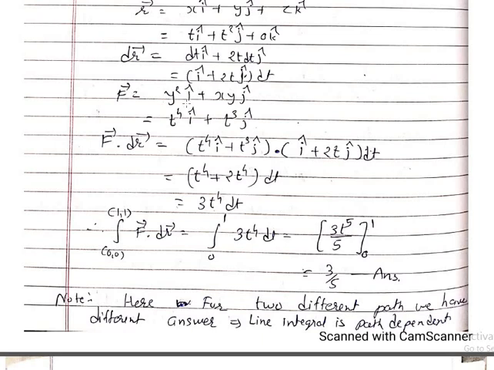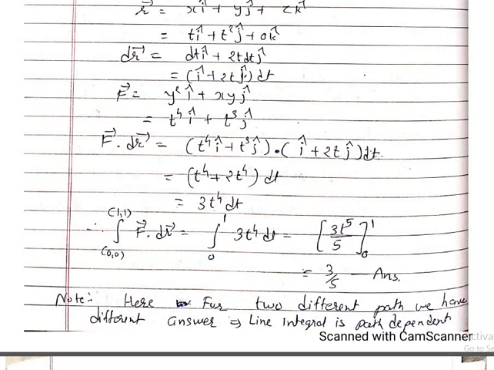Now F bar is equal to y square i plus xy j. Putting y is equal to t square and x is equal to t, we have (t square) the whole square, which is t raised to 4, into i. X is t, y is t square, so it will be t cube into j. And therefore our F dot dr will be (t raised to 4 i plus t cube j) dot (i